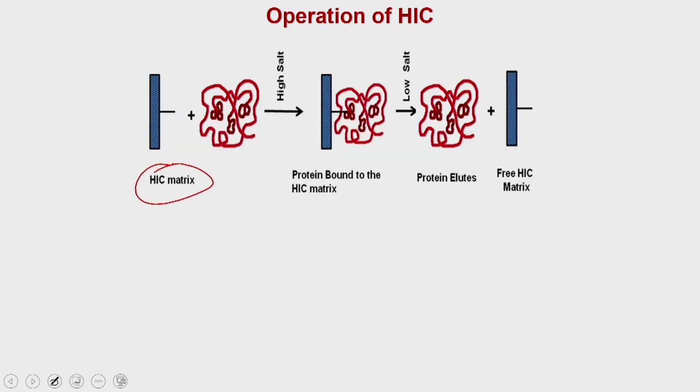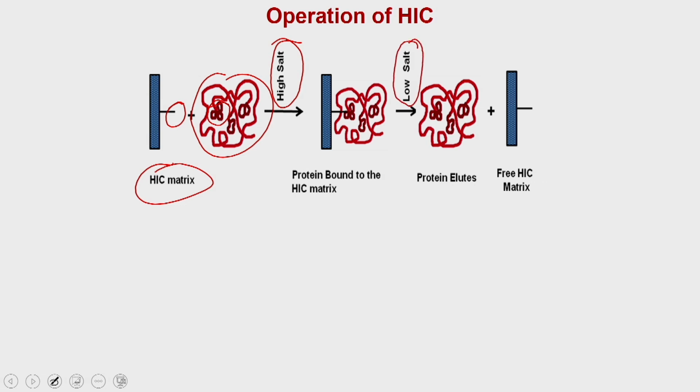Most of the HIC matrices are going to have a functional group, mostly an aromatic functional group such as benzene or phenyl group, and these phenyl groups are going to have a very strong interaction affinity for the hydrophobic groups present on the protein, but the protein will not bind until you increase the salt concentration. So, in high salt concentration, this functional group is going to interact with the hydrophobic patches present on the protein, and once it is bound, you wash and then you elute with a low salt